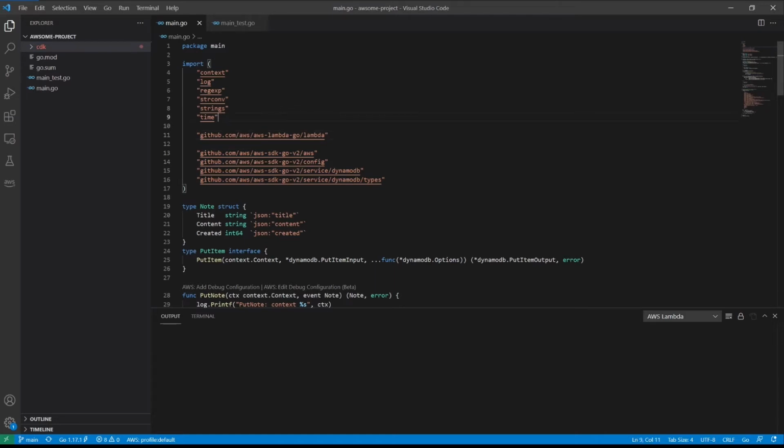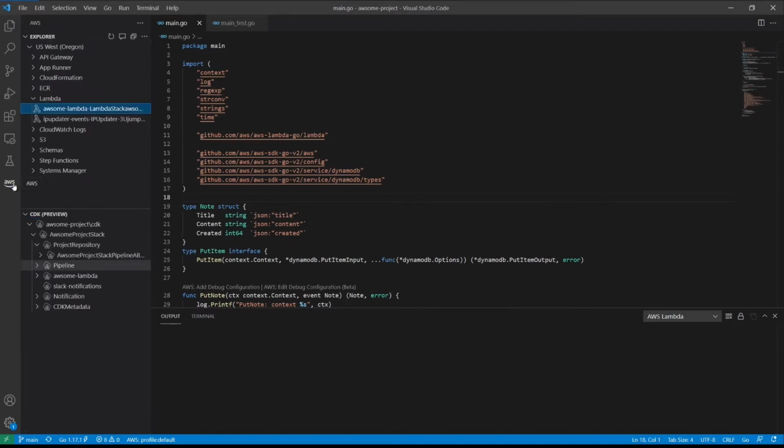To do so, we'll want to actually run the Lambda function in the environment to reproduce and make sure that the issue remains valid and repeatable. So we'll use the AWS Explorer here. This is part of the AWS Toolkit for Visual Studio Code. As I mentioned earlier, this is an additional extension to Visual Studio Code that allows us to inspect the environment. We have an AWS Explorer here on the top that provides a view into the AWS environment. In this case, we're looking at US West, the Oregon region, for all of the resources that we have.